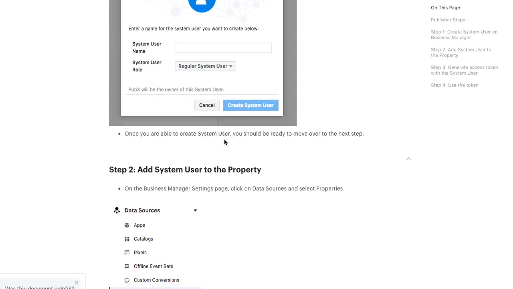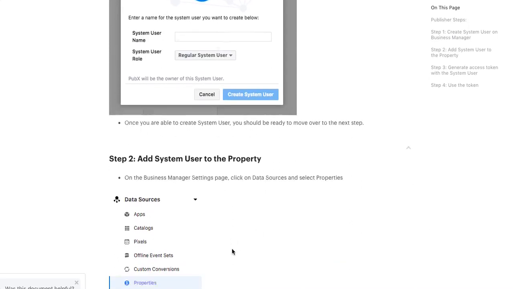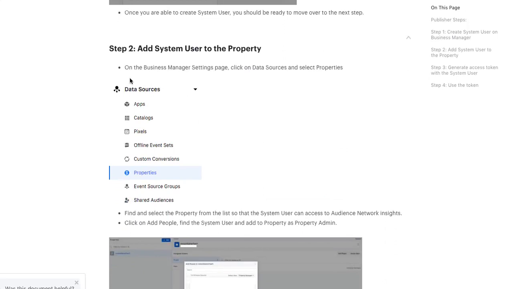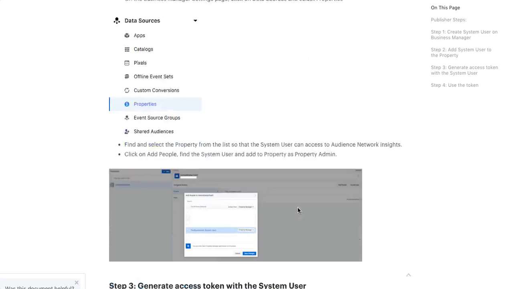Once you are able to create, you move to the next level. Now, what is the next level? Add system user to the property. Again, on your data source, on the business manager setting page, click on data source and select properties. On your data source, you have to click on properties, and then you will go to